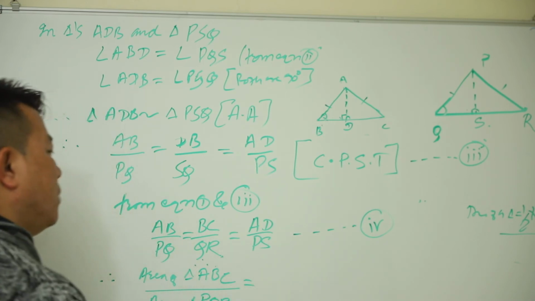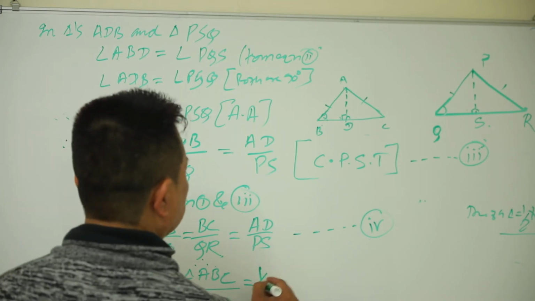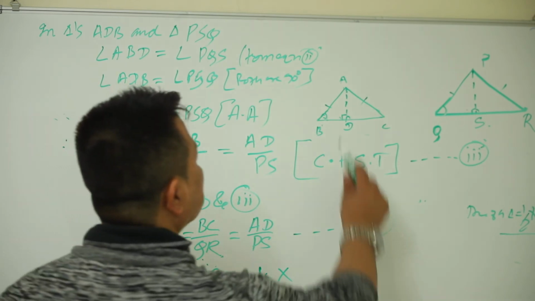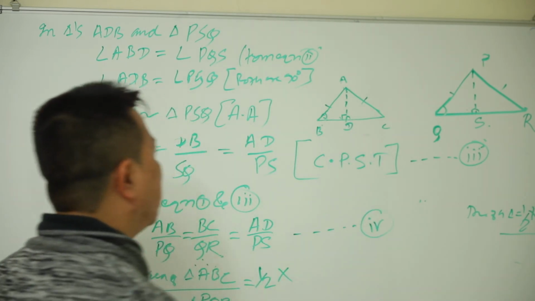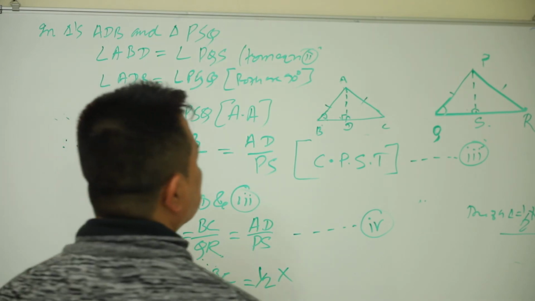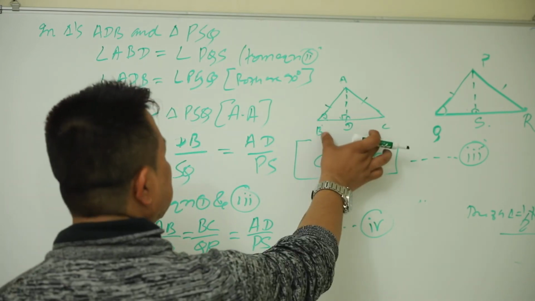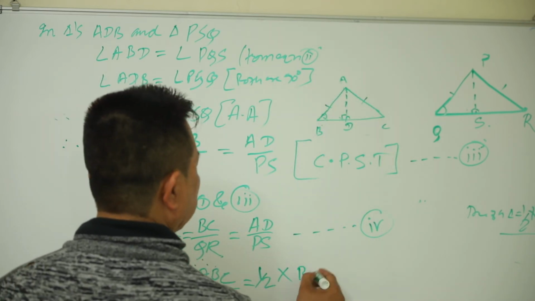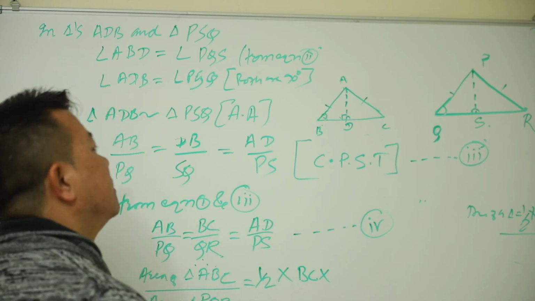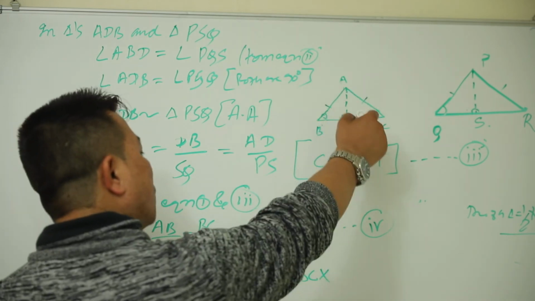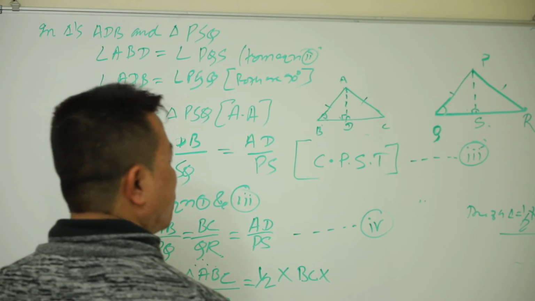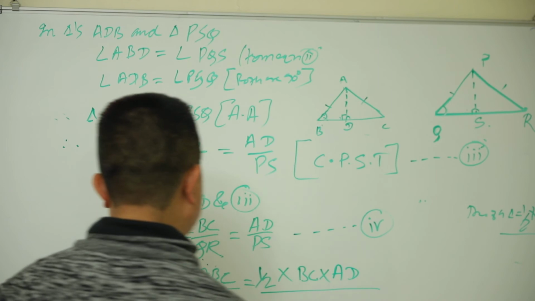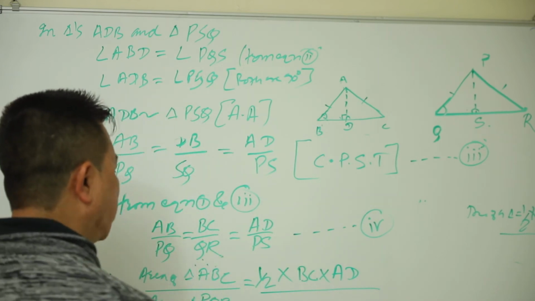is equal to, the formula goes same, half base into height, half into, what is the base? Now see here, area of triangle ABC, what is the base here? BC is the base, right? BC is the base where the perpendicular is standing. BC into height. Now what is the height? The perpendicular we have drawn on the base is the height. So what is the height here? AD. Divided by,